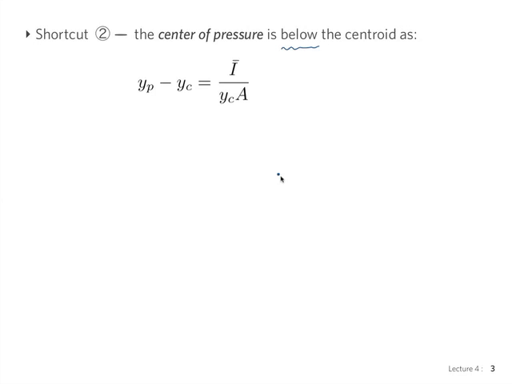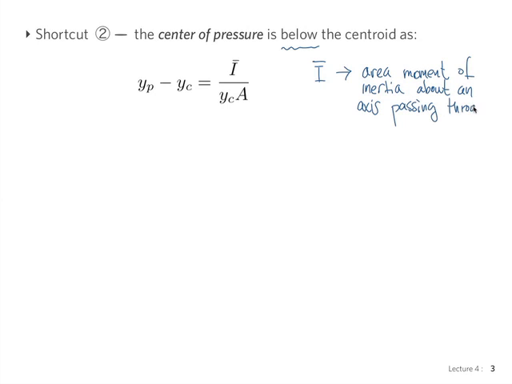So, in fact, the center of pressure is always below the centroid by a measure that we can calculate in terms of this equation, where I bar is the area moment of inertia about an axis passing through the centroid, and YC is